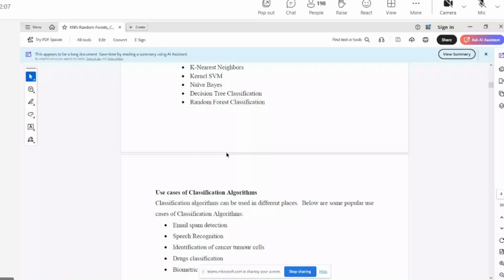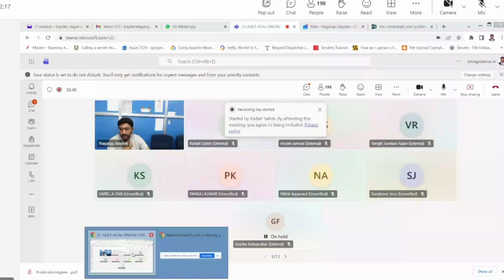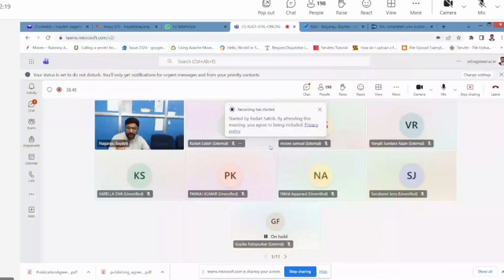Now let's take a couple of minutes short break because I am continuously talking. I will give a 2-minute hold here. We will continue. If you have any doubts till here, you can ask me. Are you able to understand the flow I am explaining? Is it clear or is any confusion there? Please let me know.